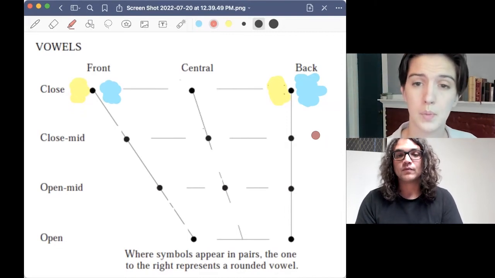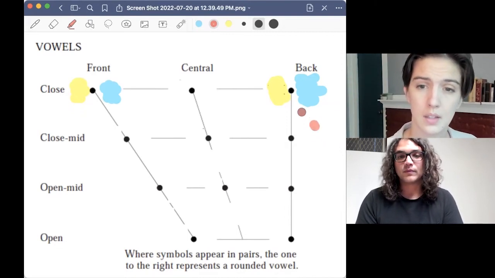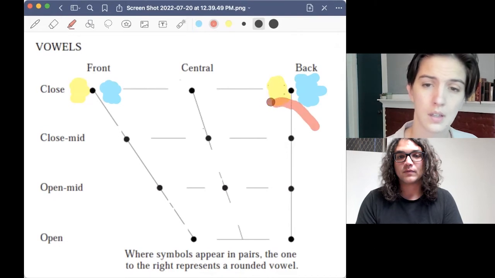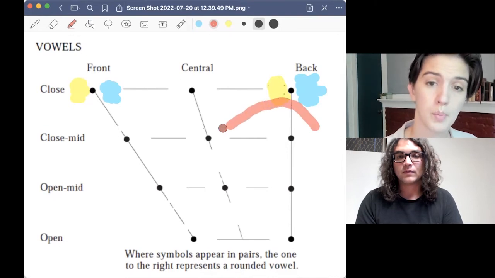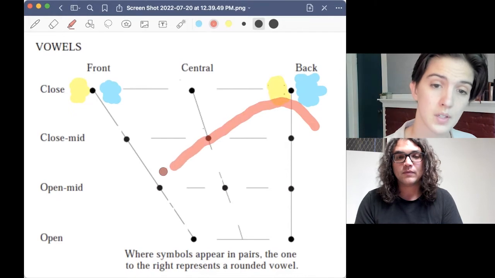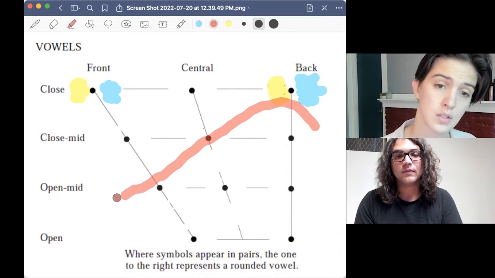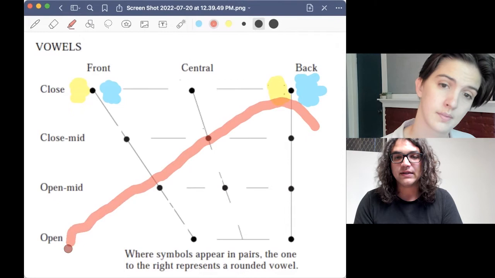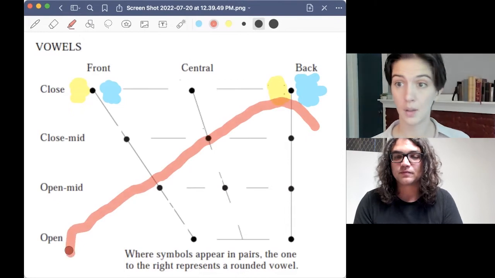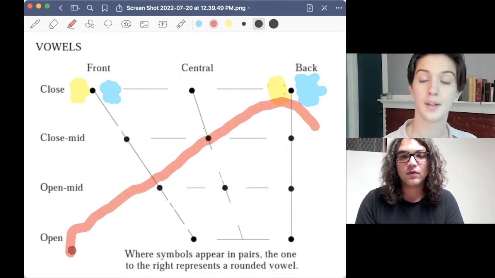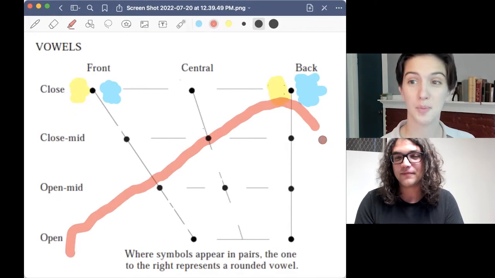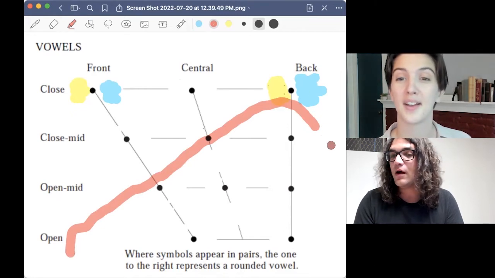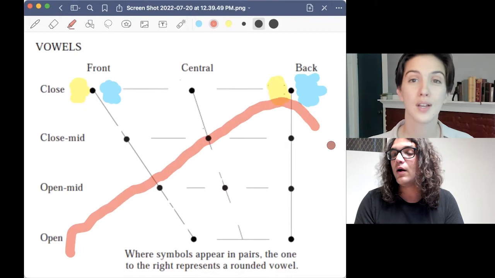You might be dealing with something that looks like this. And then probably the rest of the surface of the tongue just continues to go down, like that. So creating that shape of the surface, getting that lip corner rounding, sounds like